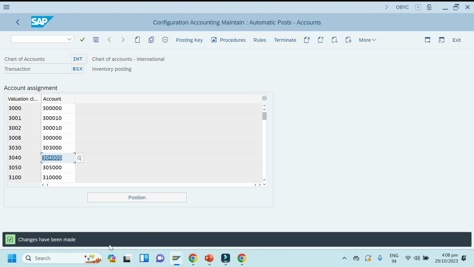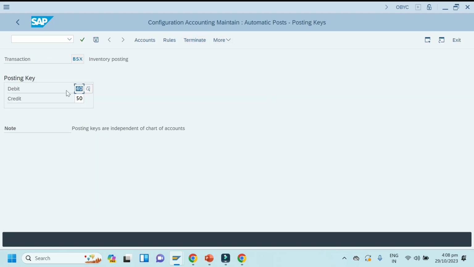Okay, so changes have been saved. Click on posting key. So you can see here debit and credit. Debit means anything is going to be received, or we can say a stock inward movement for 40.